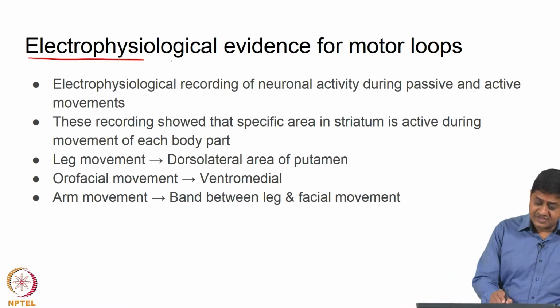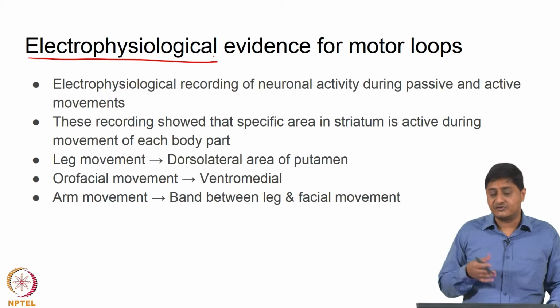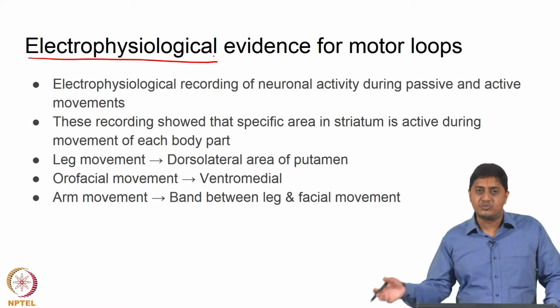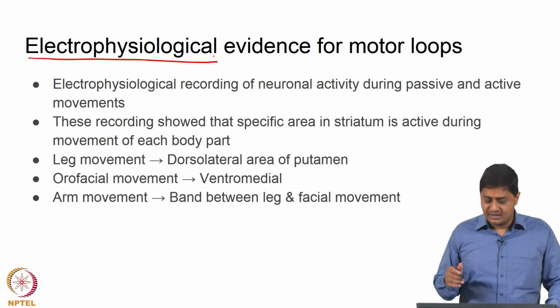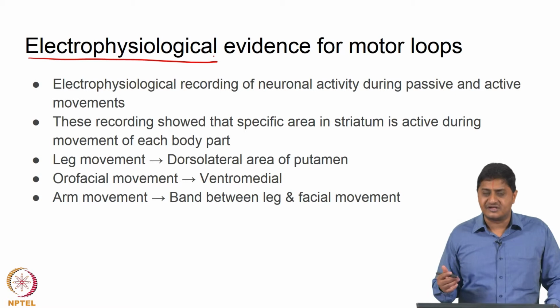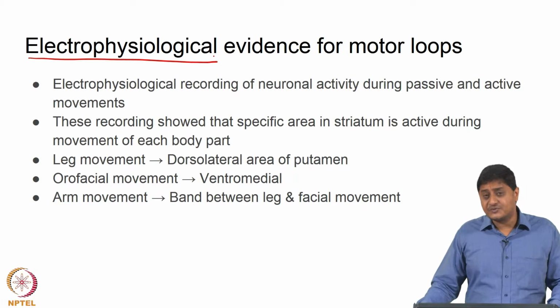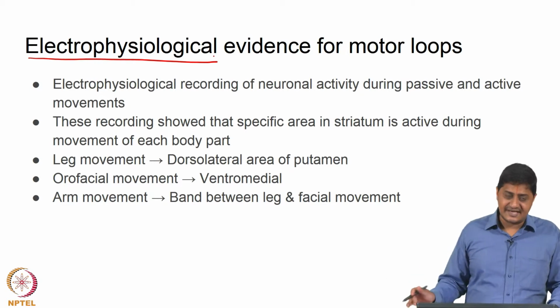One is electrophysiological recordings. So, what this involves is either stimulating electrophysiologically specific areas in the striatum or specific areas in the basal ganglia and observing the output in terms of behavior, or of course, recording from specific regions of the basal ganglia during natural everyday behavior, for example, or natural lab related behavior. So, this is one way of doing it. This is basically electrophysiology. The other way of doing it is to use anatomical principles. That is something that we will discuss in the next slide, right.